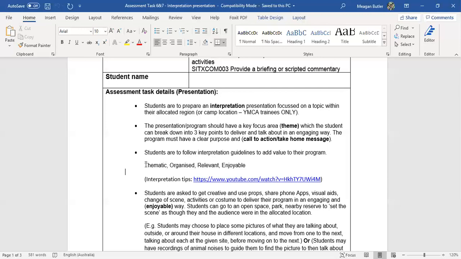Okay, you think, I really want to talk about this topic, or I know I want to talk about animals, or I know I want to talk about plants, or whatever it is you choose. Then have a think about why. Do I want them to be aware of the local animal species, like the local bird population in this area?